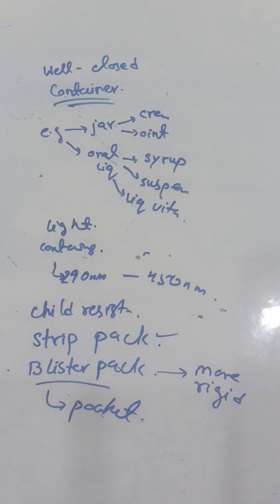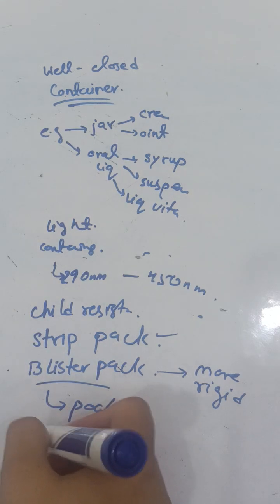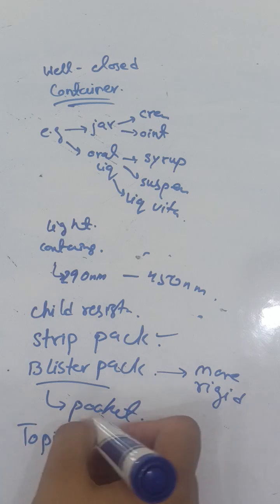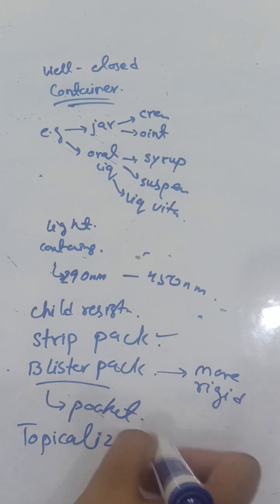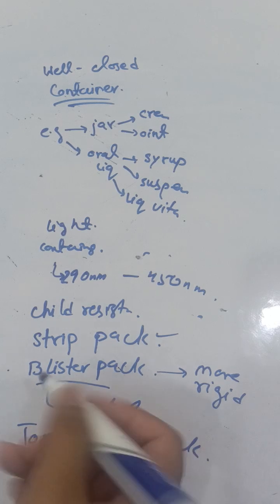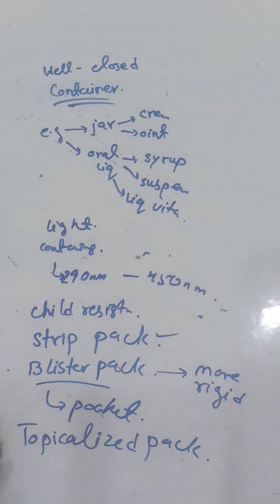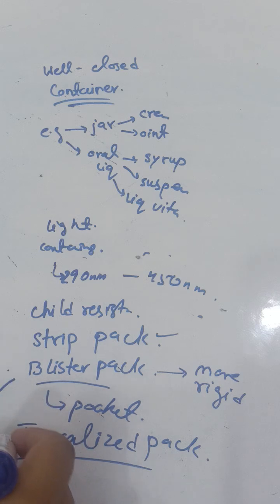Okay, the next pack is the topicalized pack. So there are also the blister packets with an additional aluminum membrane provided, giving greater protection against the highest humidity. So if you put an aluminum foil, another layer,